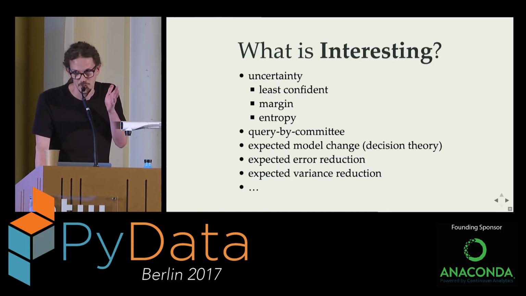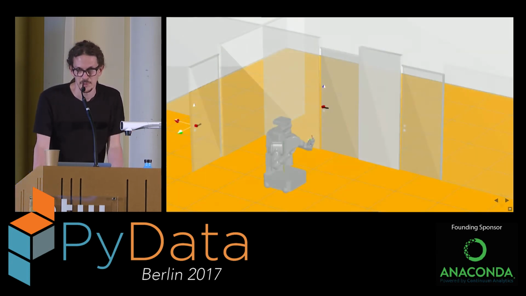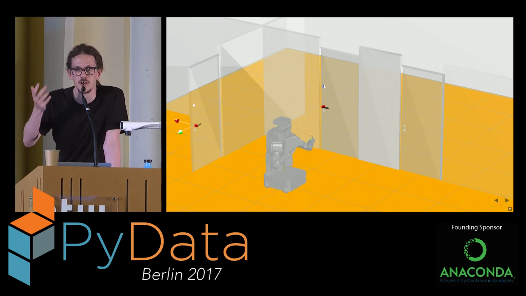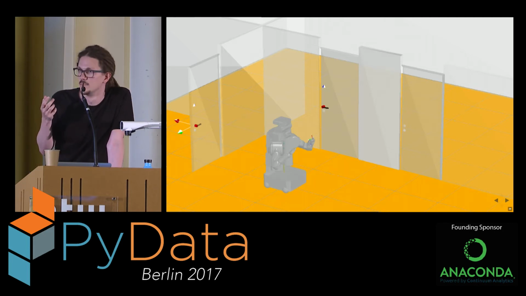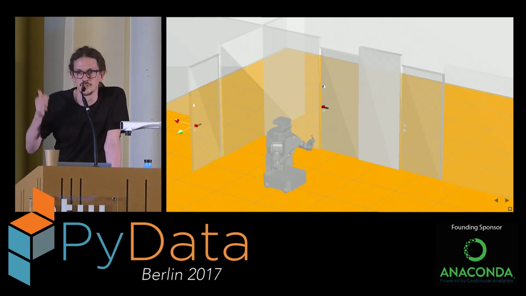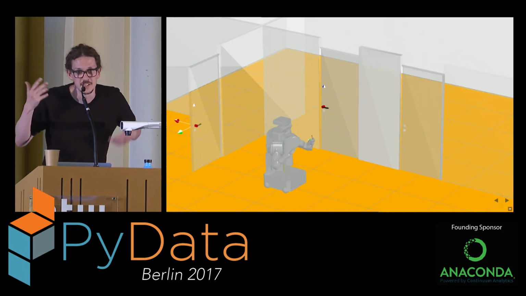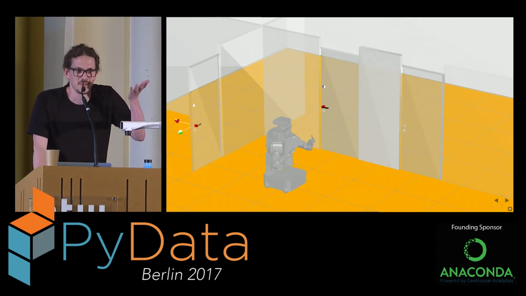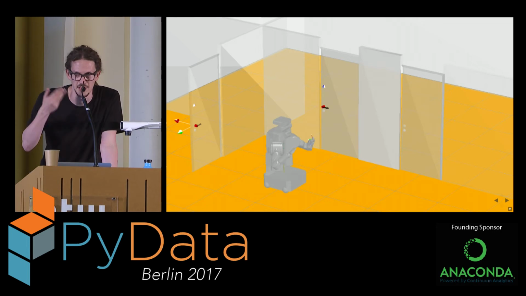I showed this little example of classification, but you can do arbitrary things with it. For example, I used active learning to make this robot explore the world. It had a probabilistic model of the world, and it wanted to know a lot of things about the world. So it poked at stuff and gained some information, some knowledge. The transparency here of the objects shows you how interesting they are. So the robot already explored the world a little bit, and then it updates the belief and keeps exploring. So it's also active learning, but not just a classification task, right? And we used that to create the behavior of the robot.